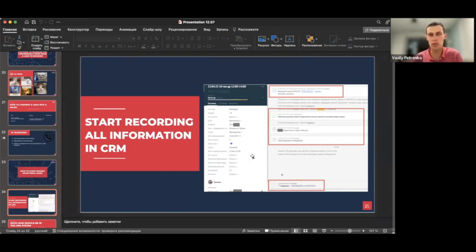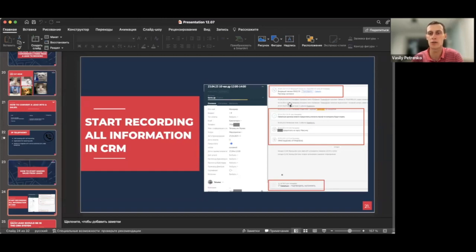So you see here is an example of one deal, and on the left part is all the info about the client. It's basically who is the manager who was calling this client, the phone number of the client, the city, the date, what type of event, the name, everything. There are a lot of things. And all the history of the deal. Like here, this is the call. You see, this was an incoming call. The incoming call lasts for 2 minutes and 30 seconds. You can listen to it.